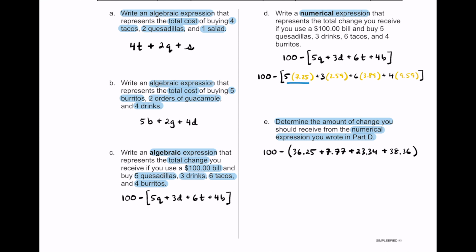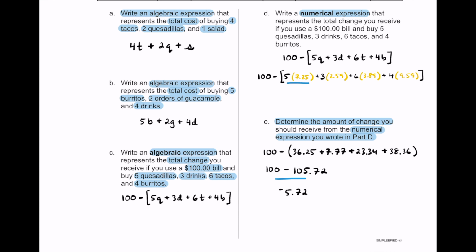So $36.25 plus $7.77 plus $23.34 plus this $38.36. So that's going to be a total of, so 100 minus 105.72. Okay, so if we take this 100 minus this 105.72, that's actually going to be a bit of a problem. You're going to get negative